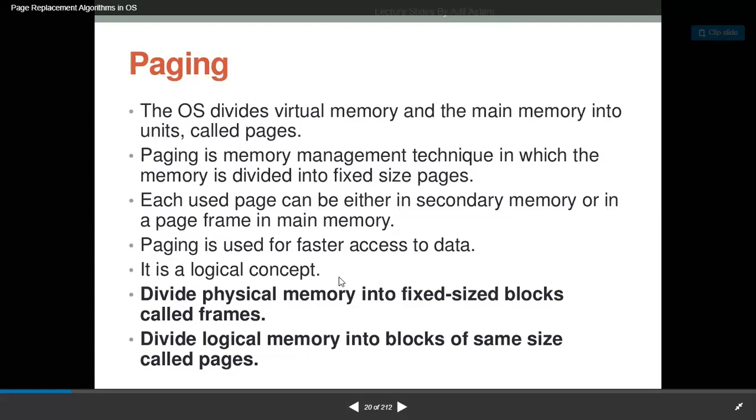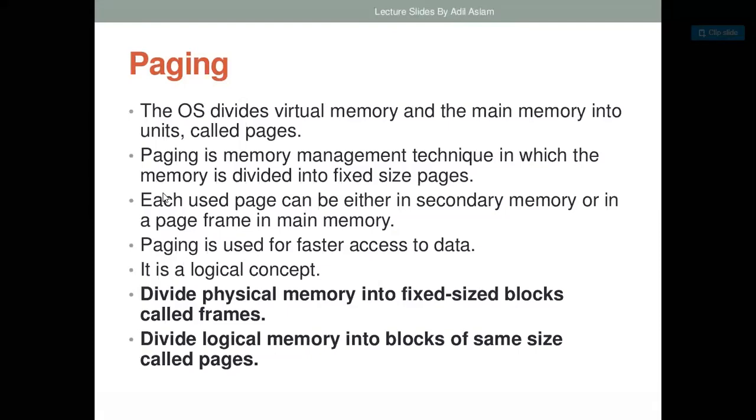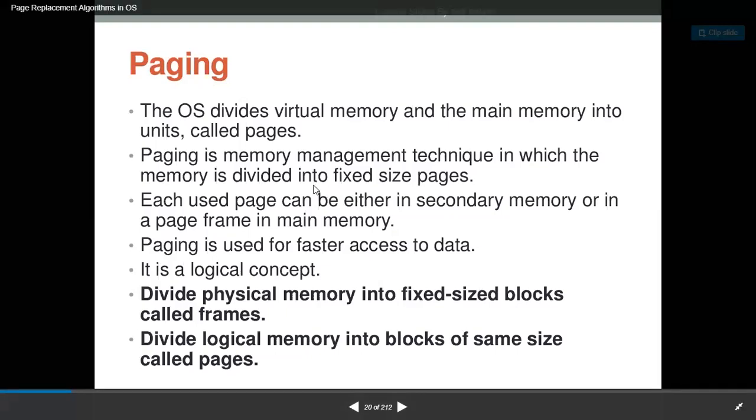We have started the concept of paging in chapter 4, and there we have discussed the definition, but let me go through the definition once again. Paging is basically when the operating system divides the virtual memory and the main memory into small units, and those small units are called pages. So the process of memory management by dividing the memory into fixed size pages is called paging. Now each page can be either in the secondary memory or in a page frame